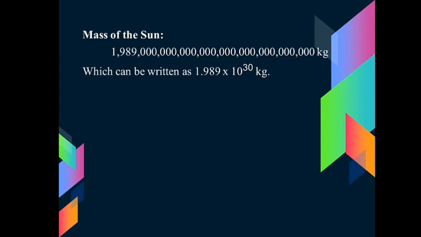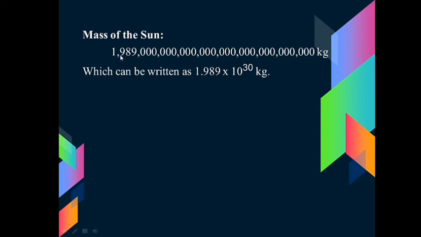So why have we written it like this? Whenever a long number is given and we have to convert it into a shorter form by using exponential form, at that time we always put the decimal after the first digit. So the first digit is 1, after that we have put the decimal. Then after the decimal, we write the other digits, but the trailing zeros we do not write. So the other digits are 989. So after the decimal we will write 989.